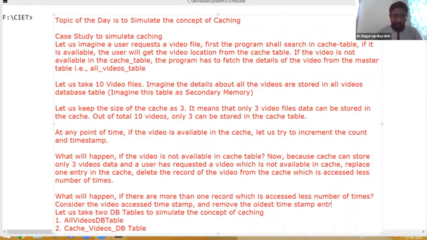Are you able to understand what I am saying? This is how we are going to implement the concept of caching today.